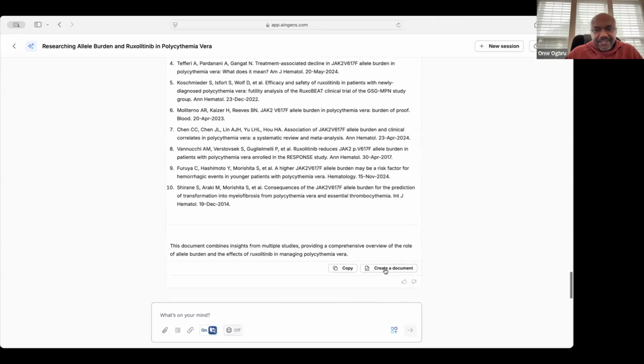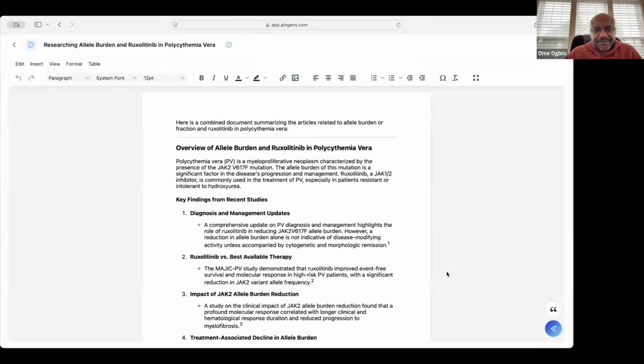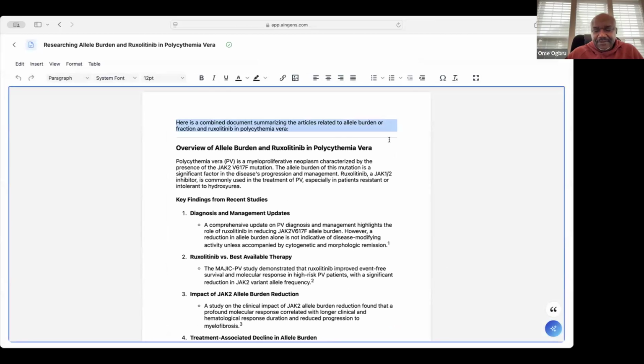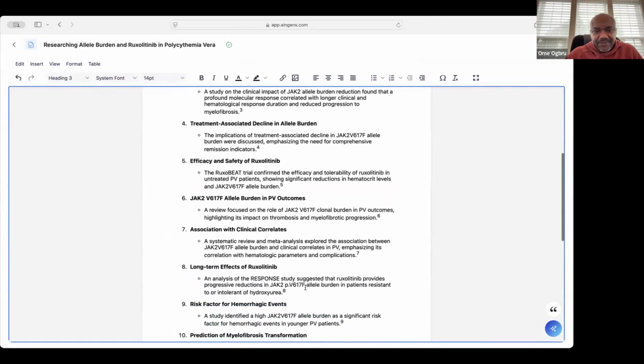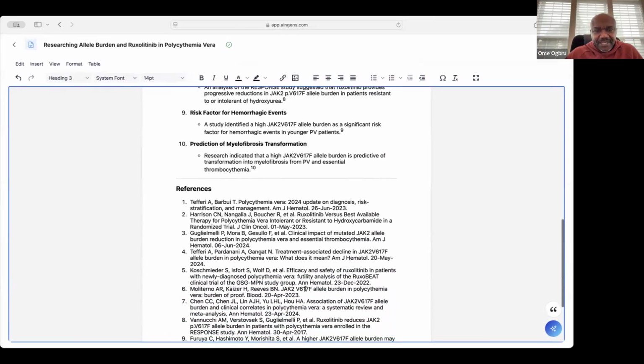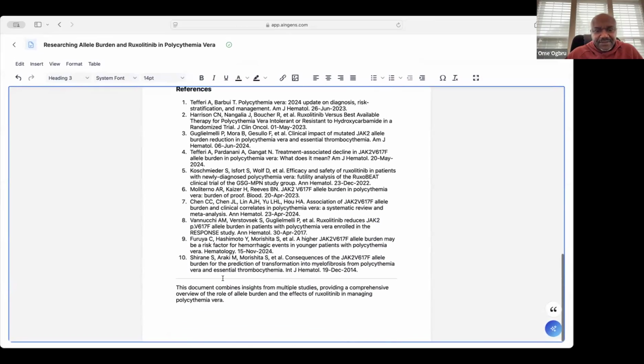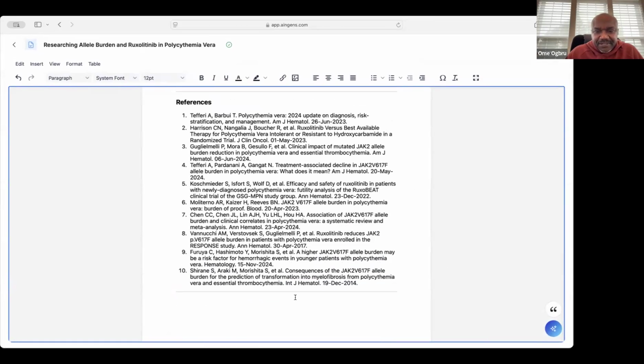And now I can just click Create Document. I can delete this because I don't want it. I can change my title if I wanted to. I can add additional information as well if I wanted to. But if I'm happy with this, everything I want is right here. Oh yes, and I can also delete that part as well since I don't want it. And from here, I can go back